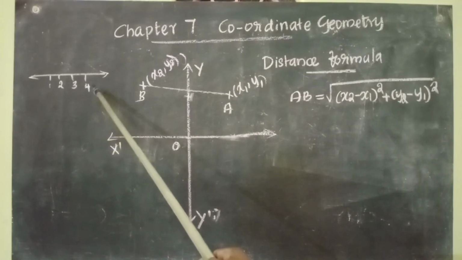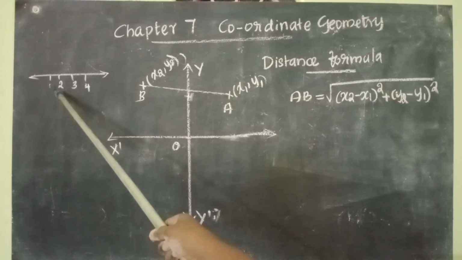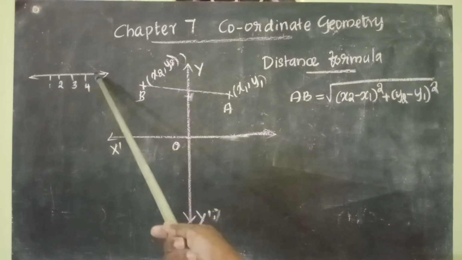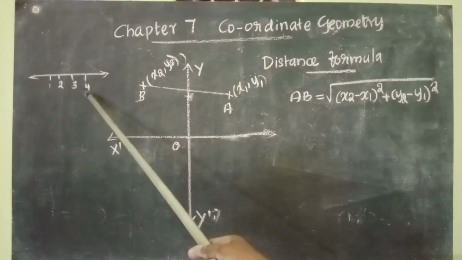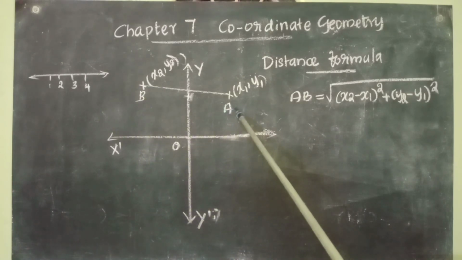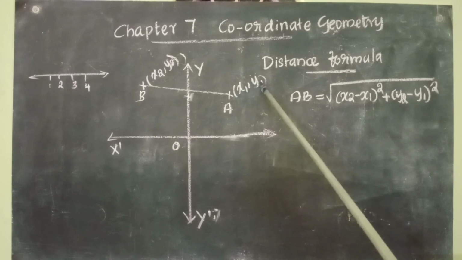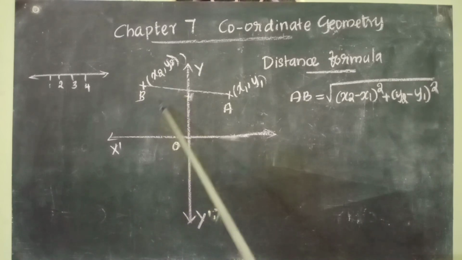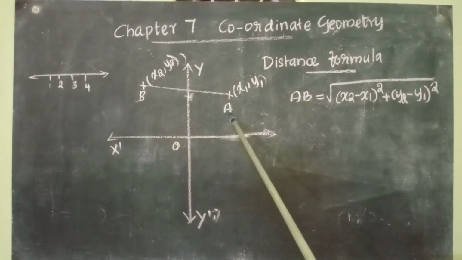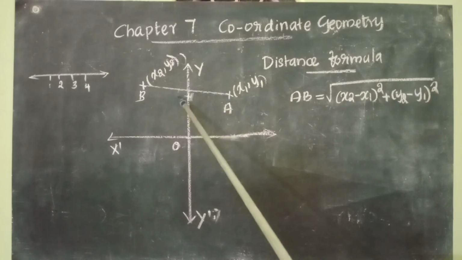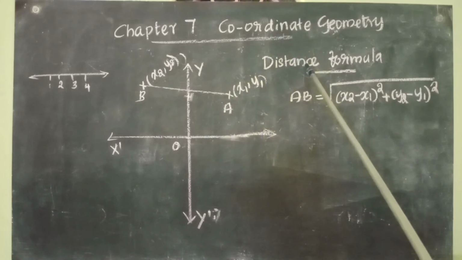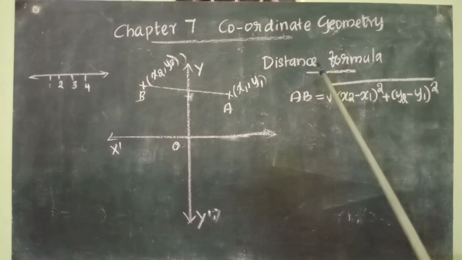Now you see here I have drawn a number line and marked the points 1, 2, 3, 4. Very easily we can find out the distance between each point or the distance between 1 and 4. In the Cartesian plane also I have marked 2 points, A here (x1, y1) and another point B here with the coordinates (x2, y2). Then how can we calculate the distance between A and B? If the distance is very small, we can use a ruler and find out the distance. But if it is large, there is another idea in coordinate geometry, that is the distance formula.